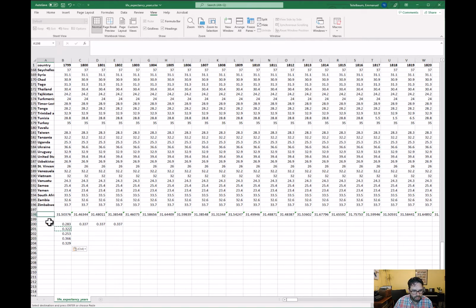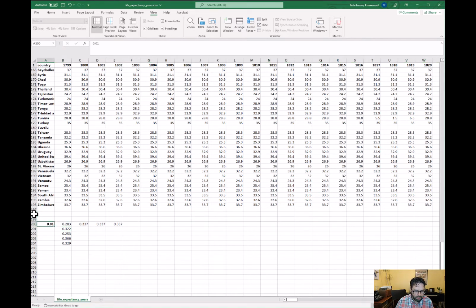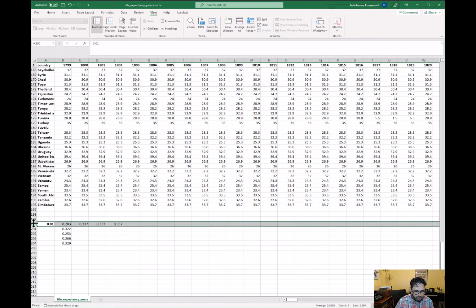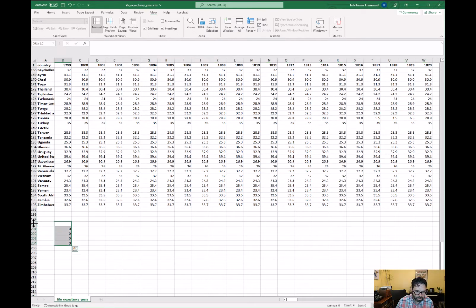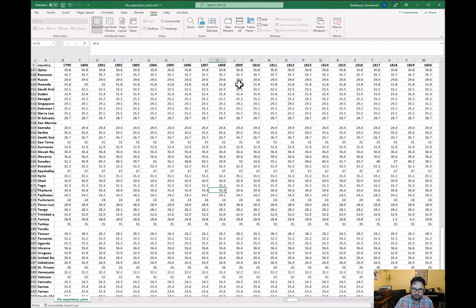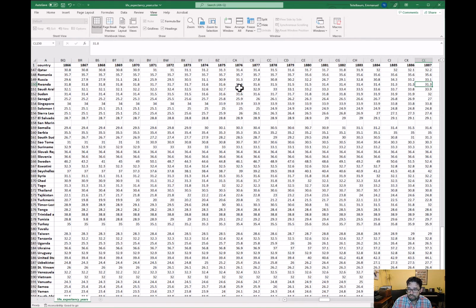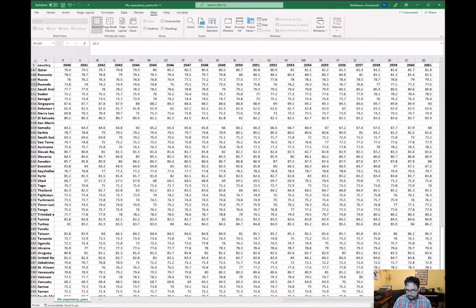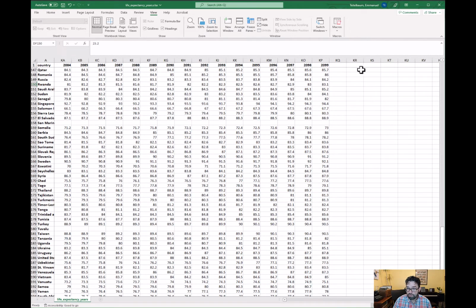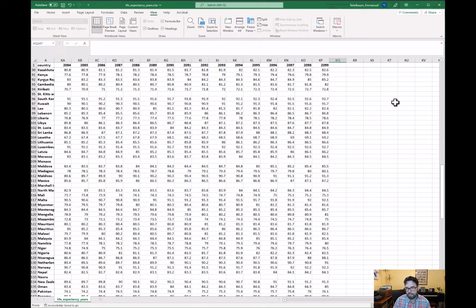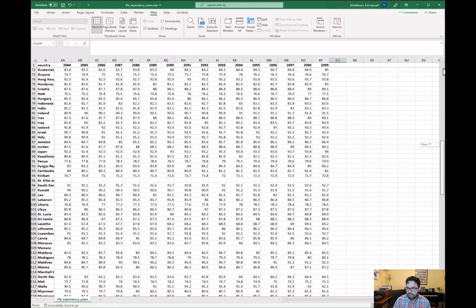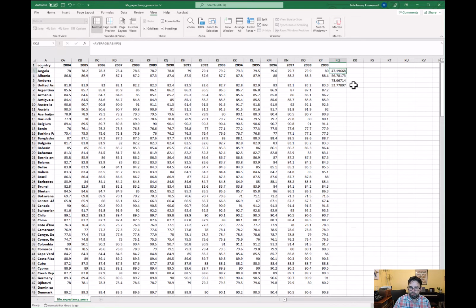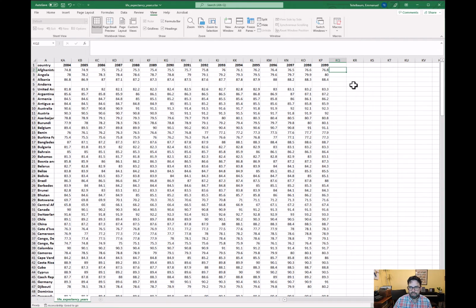Okay, so we're going to clear this out here, and I just want to make sure that you realize that you can also do this. We've been doing this for columns, but you can do it for any cell reference. You can apply a function to any cell reference that you like. So the next thing I want to show you is that you can do this for rows, and sometimes that's useful too. So if we're looking at country data that's organized in this way, and we want to get a country average for a period of time,